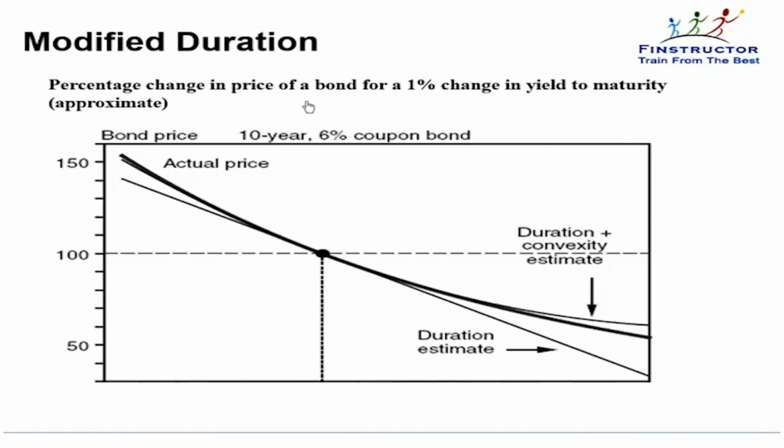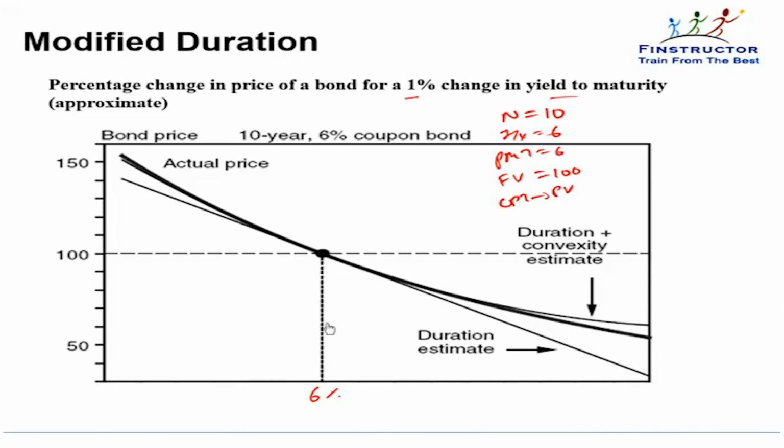What is the percentage change in the price of a bond for a 1% change in the yield to maturity? We studied that a 6% coupon bond with a 6% yield will give us a price of $100, and we could solve that very easily by entering N as 10, I/Y as 6, PMT as 6, FV as 100, assuming $100 is the par value, and computing PV.